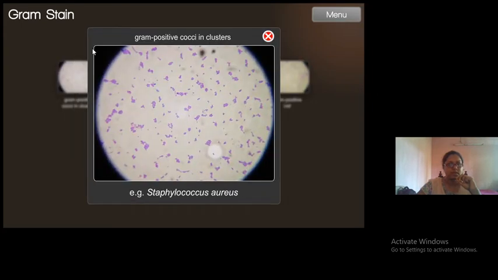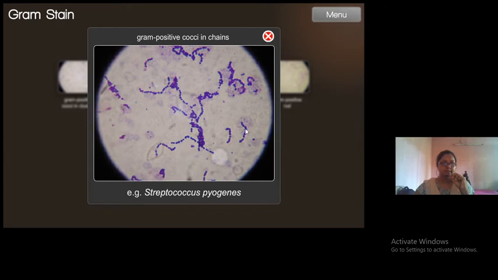Okay, this is a microscopic field where you can see this violet color bacteria. So I told you already, violet color means gram positive organisms. So here you see tiny spherical bacteria. They are arranged in clumps or clusters. You can see here cluster over here. You can see some single also. Okay, so basically what you have to see here is the color. So this bacteria has taken up violet color. That means it is gram positive bacteria.